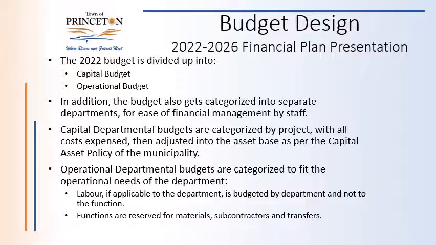So how do we structure a budget? Budgets are structured into a capital and an operational budget. When we think of capital and operational, we usually think of how long the benefit is going to last. A capital budget is designed for things that are going to provide a benefit for greater than 1 year.